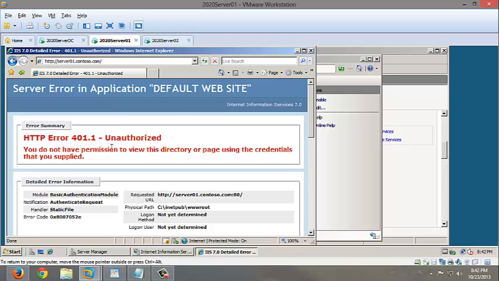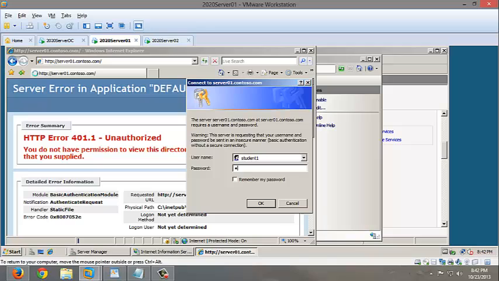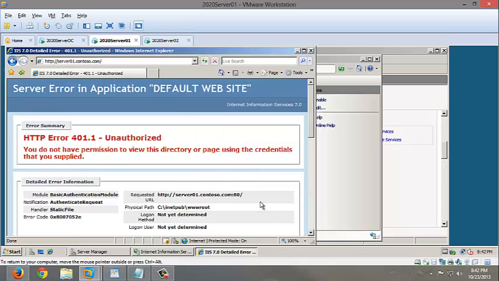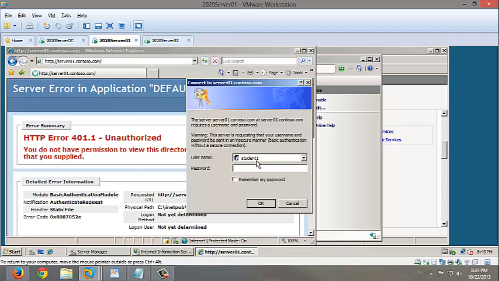And it says that we're unauthorized. We're going to try to log in a couple more times using the same account. And we see that after a couple failed attempts, it'll give us a web page of the error 401, we are unauthorized. So we're going to click Refresh and log on as Contasso Student1